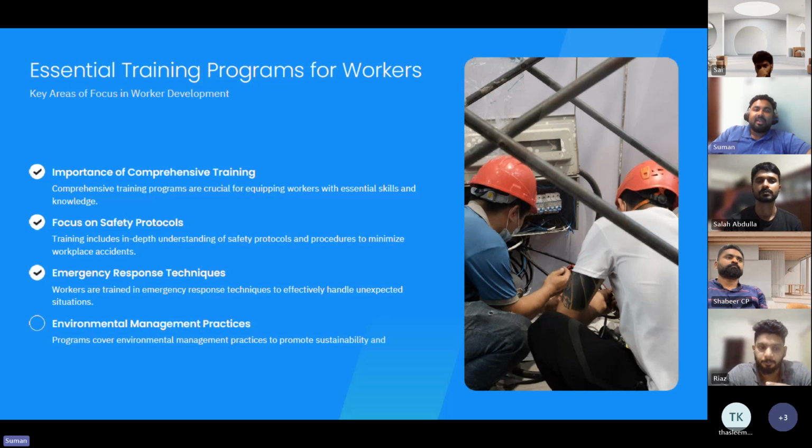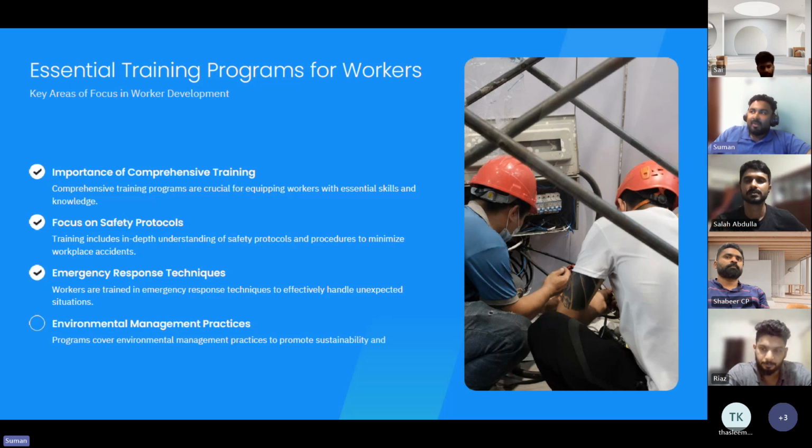HSE performance means there are key indicators like incident frequency, lost time injury, and fatality rates, to mention a few. As per the trainings, there will be a procedure which determines the training requirements of each individual or each worker who works in the project, and at what frequency they need to be